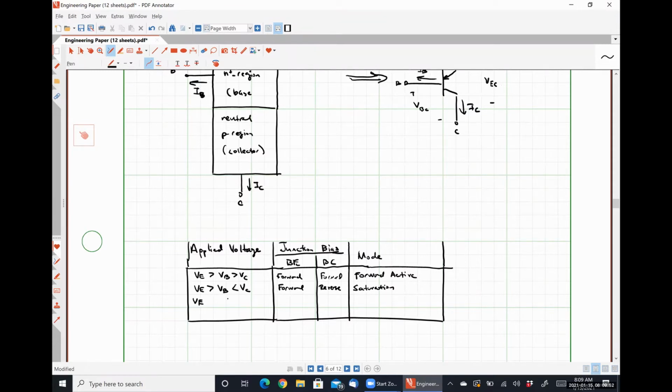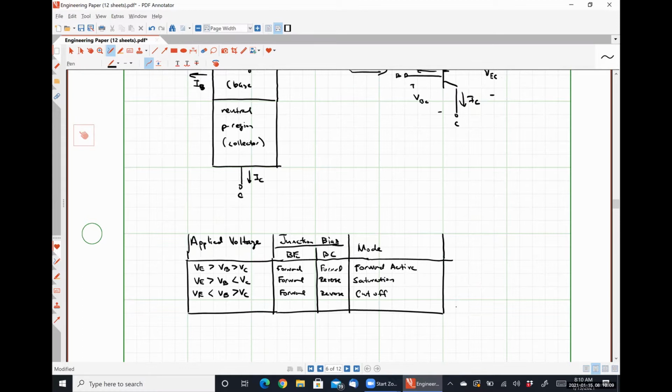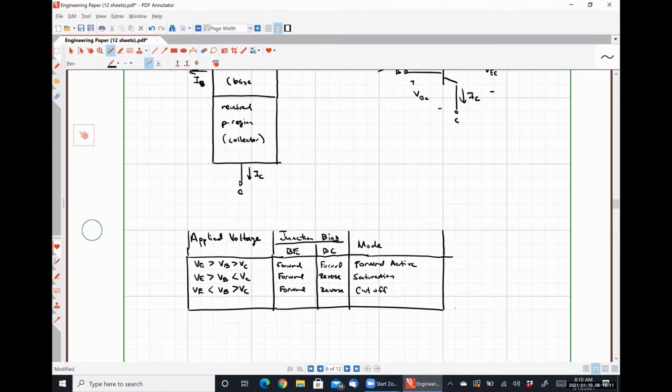VE less than VB greater than VC gives us cutoff. And then VE less than VB less than VC gives us